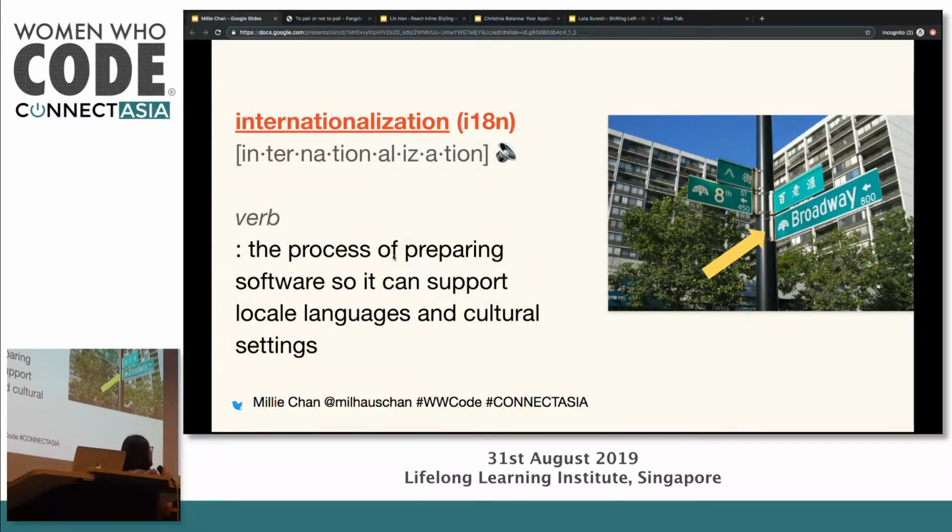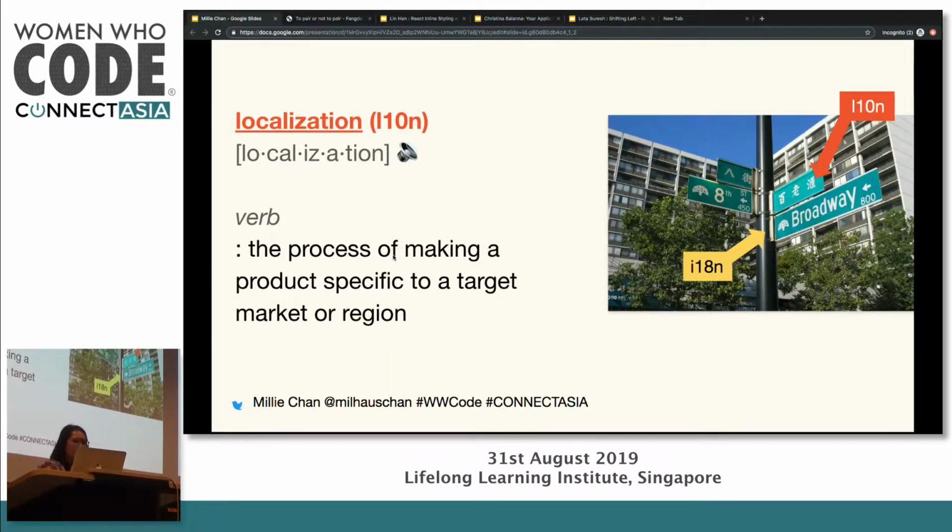So you can think about it as a street sign pole. This is one from Oakland, Chinatown in California. And you can think about the internationalization piece as the physical bolts and hinges that are holding up the two different signs in two different languages. And on the flip side, we have localization. Shorthand is L10N. So you can think about localization as the process of making your product very specific to a region.